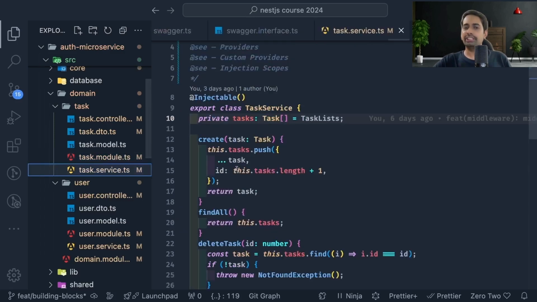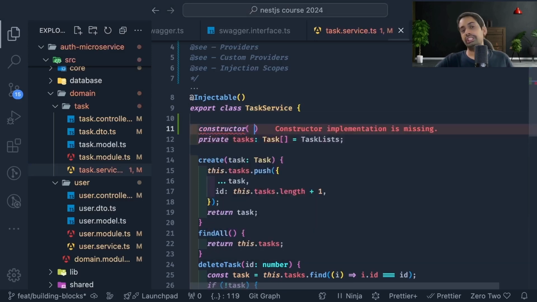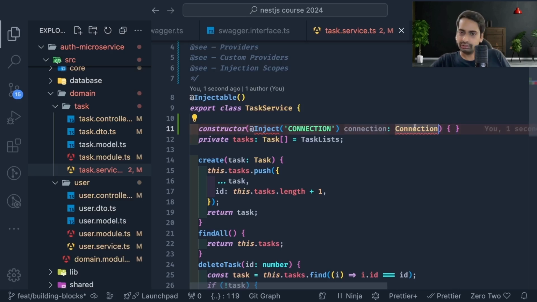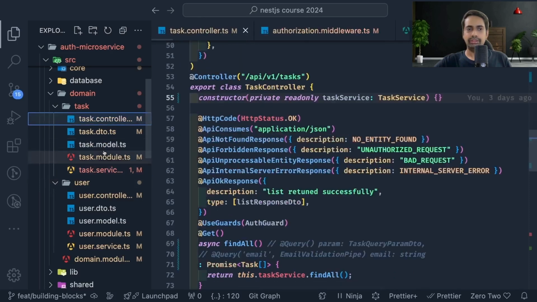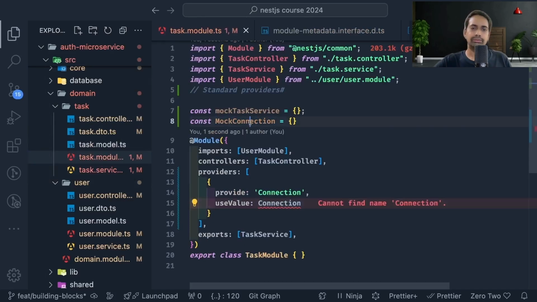And how will we inject this connection? Let's see this here. Let's say I'm creating a constructor और उसके अंदर मैं connection का token inject कर सकता हूँ. So you might have heard about Injectable, but there is something called Inject also. In Inject के अंदर आप simple connection inject कर रहे हो. So whatever value you have declared with the connection, you will get it here using Inject. We are injecting the connection, and this connection is actually a type. We can define the type. I mean, this is the mock connection that doesn't have any type, but you can also define some type for this particular thing.